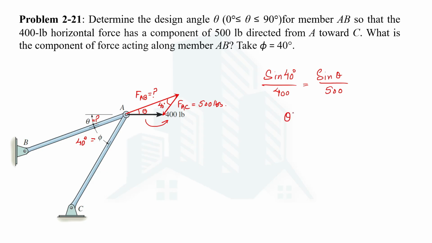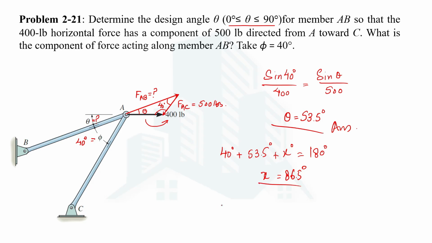So from here the angle theta can be determined, and on doing calculations we are going to get the angle as 53.5 degrees. This is one of the answers. You can see that this angle is within the range 0 to 90 degrees. The other thing that we are being asked is FAB. For FAB, we should know this interior angle, and this interior angle can be determined because the summation of three angles should be 180. So 40 plus theta, which is 53.5, plus that angle, let's say x degrees, should be equal to 180 degrees. So from here you can have the value of x as